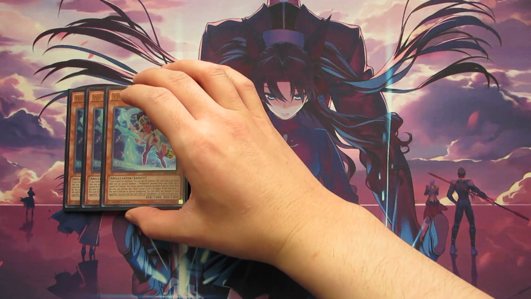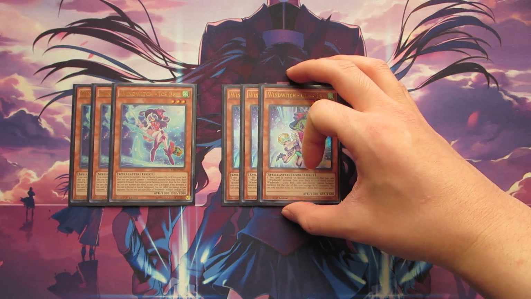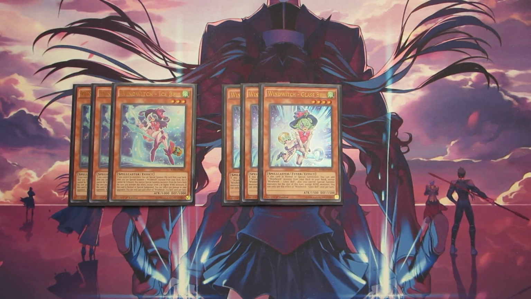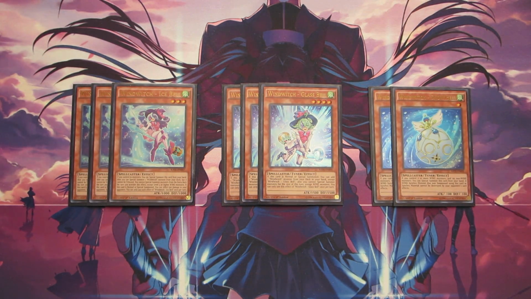So starting off, we're going to be playing 3 copies of Windwitch Icespell, and she's the main Windwitch monster, because when you control a monster and you special summon her, you can tutor out any Windwitch monster from your deck. And the monster you're pretty much going to be summoning all the time is going to be a copy of Windwitch Glassbell. And when Windwitch Glassbell is summoned, you can search out a Windwitch monster from your deck, which is pretty nice, and we're going to add a copy of Windwitch Snowbell from our deck to our hand, which we're